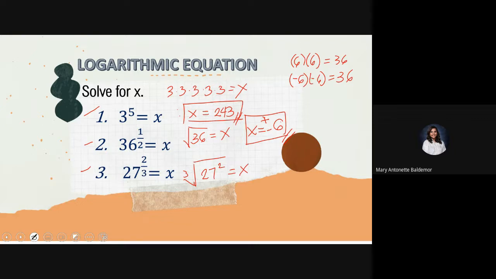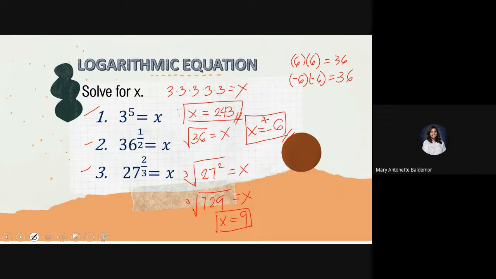Now, using your calculator, 27 squared is equal to 729, and we need the cube root of 729. Okay, and then getting the cube root of 729, we get x is equal to 9. Now, as compared to example number 2, where we have two possible values for x,